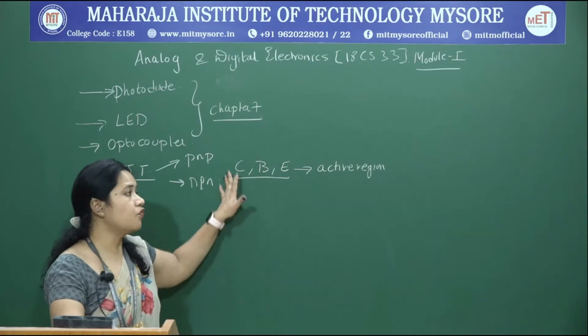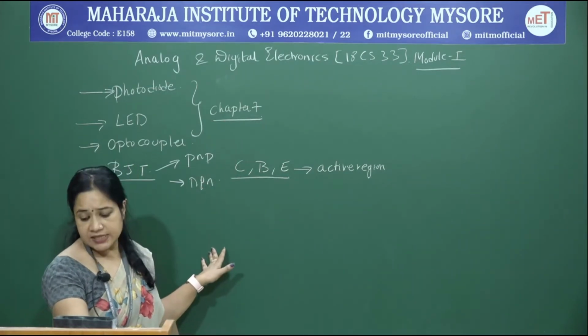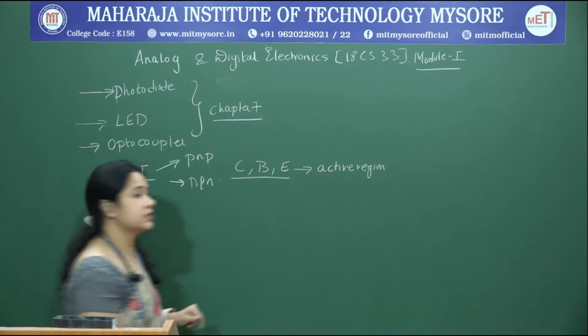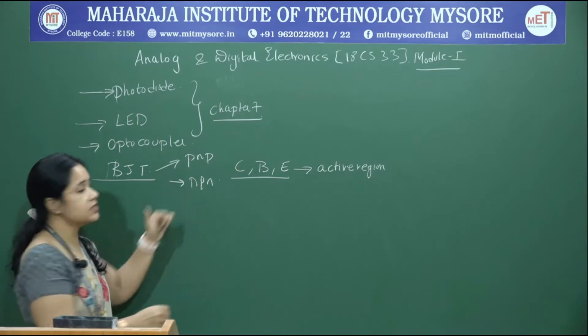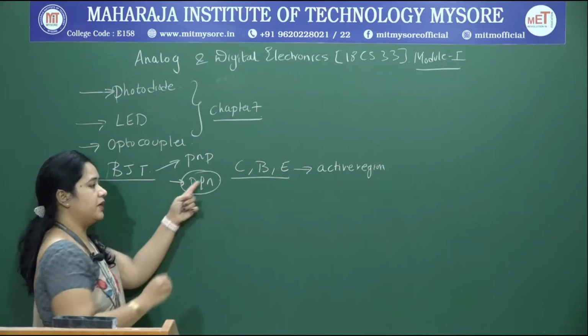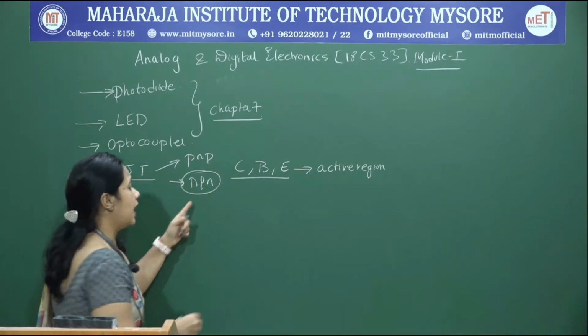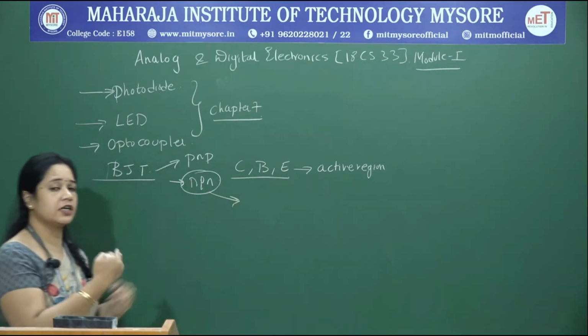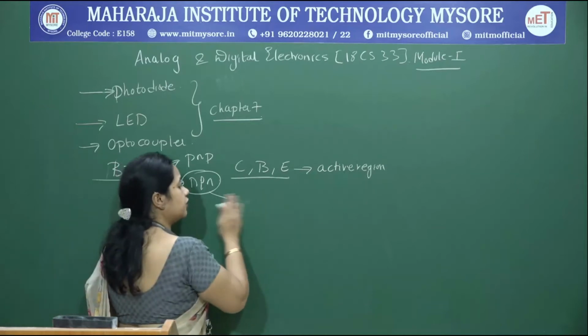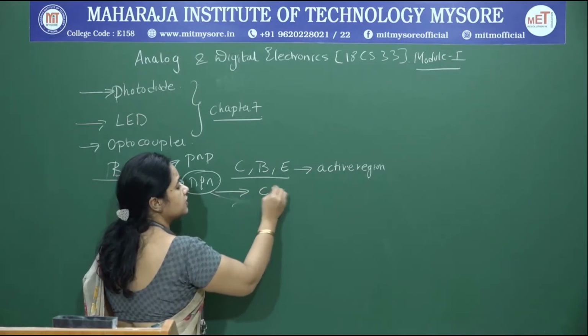To do so, we have various biasing circuits. Among the 2 transistors, NPN is most popularly used, and in this we can configure the circuit in 3 different configurations, that is common base,